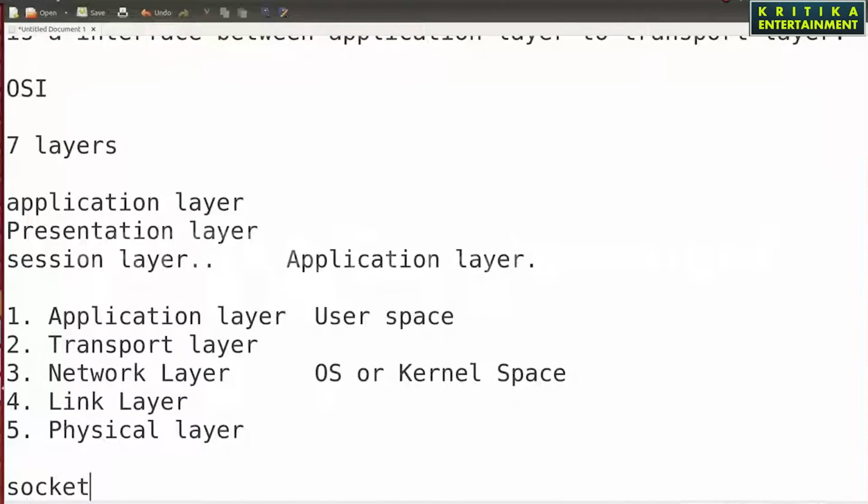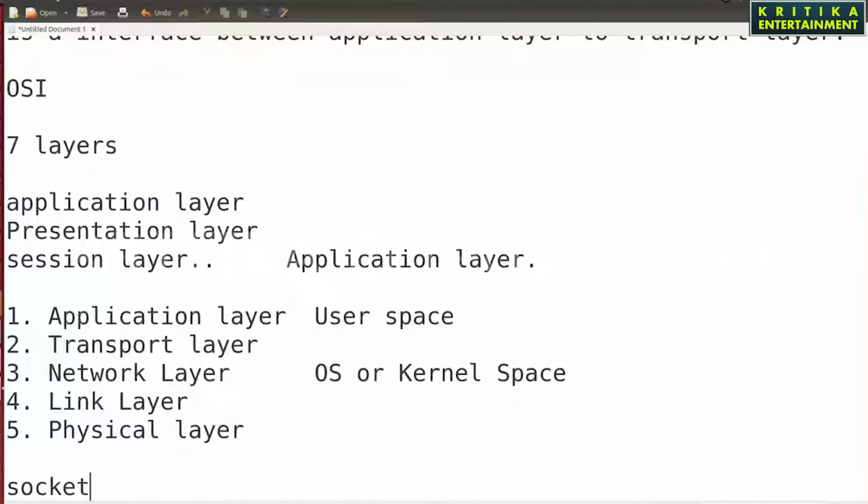The application layer runs in user space, and the transport, network, link and physical layers run in OS or kernel space. These layers all use low level functions, which the user cannot interact with.